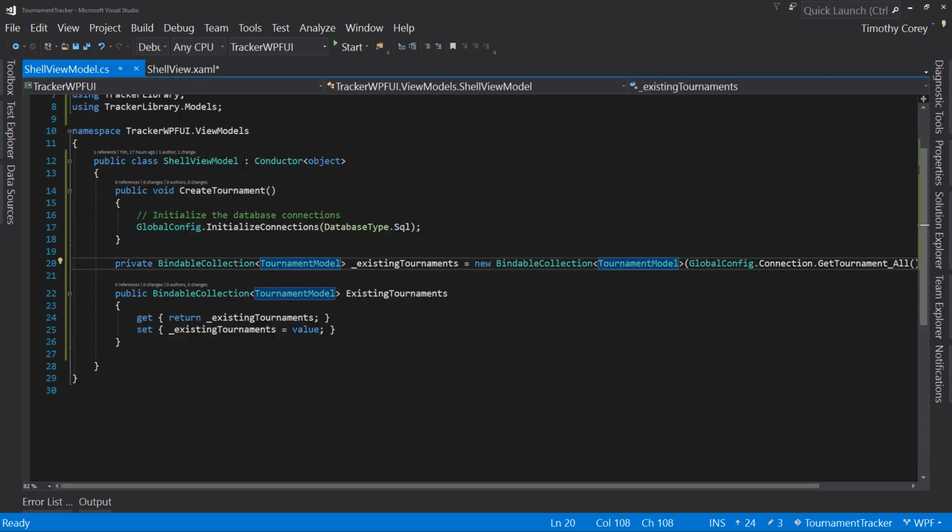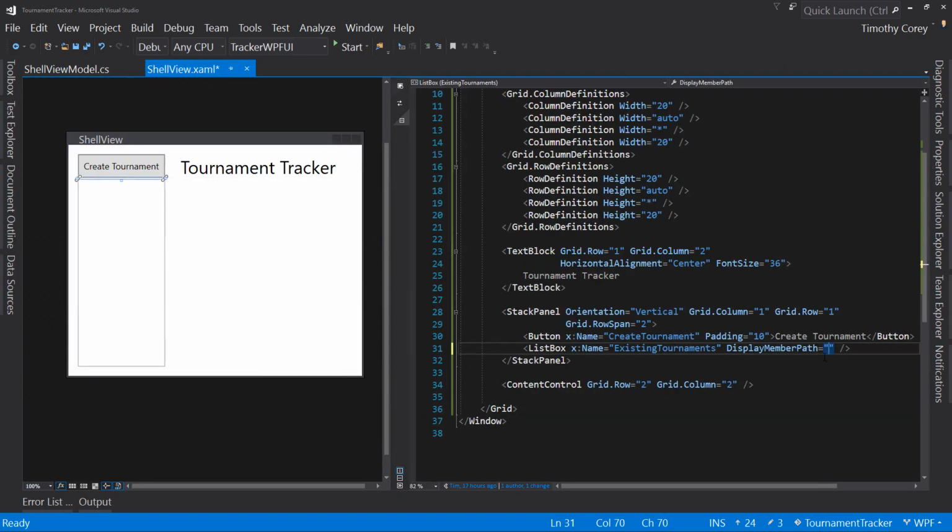So we'll close this out, go back over to our shell view, and say the display member path is tournament name. Now we still want to wire up our selected item at some point soon, because otherwise we won't actually be doing anything when a selection is made. But for now,